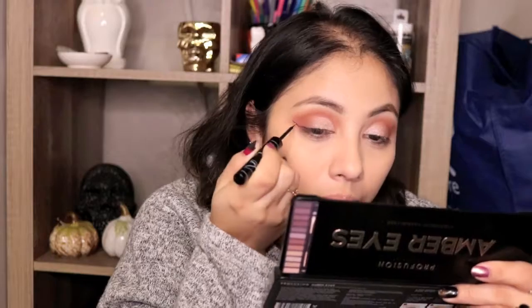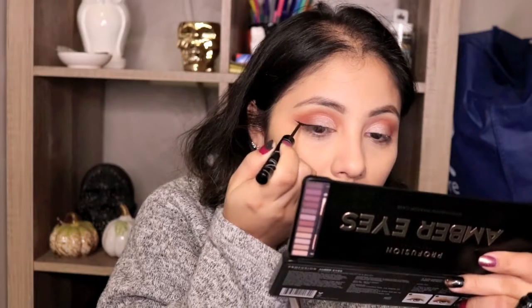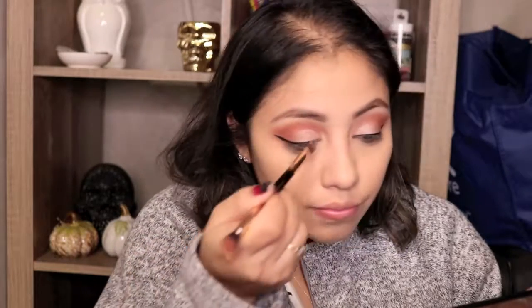I'm gonna line them. I'm just taking my Essence Super Skinny Liner. We're gonna pop some into our inner corner. I'm going to take the color Excited, just because it's another shimmer we haven't used. And I want it to be different than the one we currently have on our eyes. It's very pretty. Now I'm going to take the highlight and contour palette, and I'm going to contour with the,